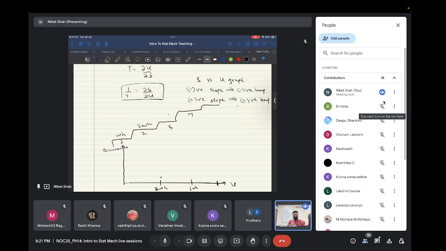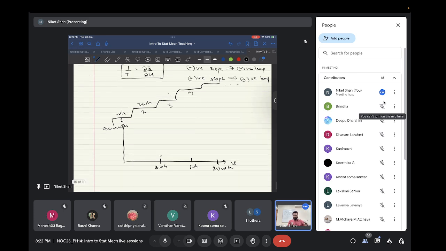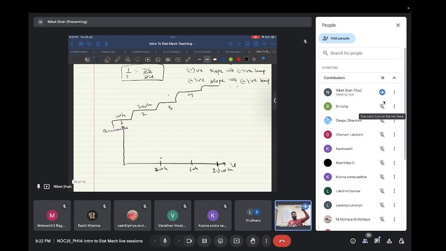There can be many other possibilities. Actually, since the marbles are identical, for 6 WH there will be only two possibilities. Then you increase the energy to say 20 WH, for example. The possibilities are like 1 on 19, 1 on 1. Sorry, 1 on 18, 2 on 1. 1 on 17 or 16 and 2 on 2. Do you get what I'm trying to say? As you keep on increasing energy, your possibilities increase, because there are infinite stairs. So you can have many different possibilities which will total to give you 20 WH.